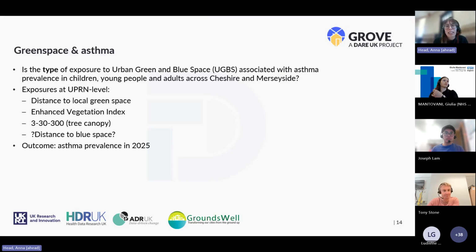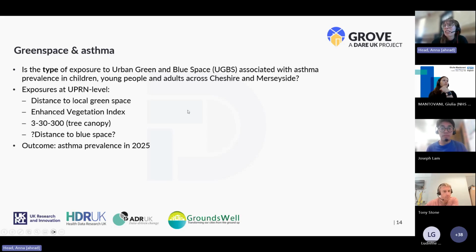So our Green Space and Asthma project came out of conversations with public health colleagues from Wirral Council, and they're particularly interested in using longitudinal data analysis in evidencing the impact of a lot of the regeneration work that's happening in their area, to try and unpick what is happening or isn't happening to reduce inequalities within the region. And they highlighted 5 key health outcomes that they were interested in, and so that led to this piece of work around green space and asthma.